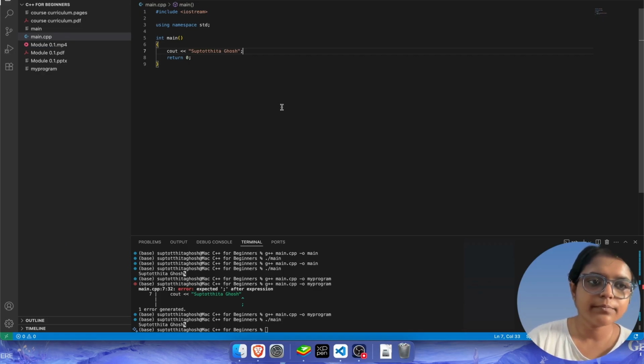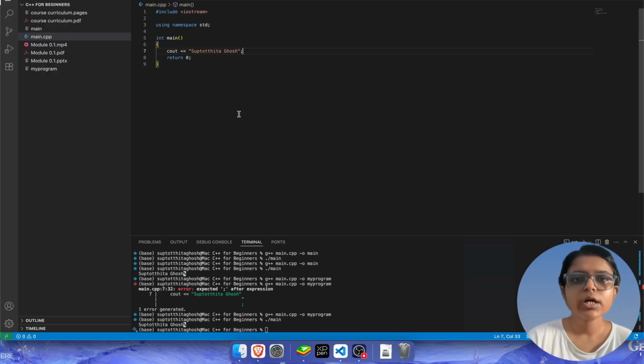Without the compiler, the text here would just be in red color and there would be some red underline, and the error would not be very clear. But thanks to the compiler, it tells you that the error is right here and this is what you need to correct. So you correct the error and run it again, and then your program is running as it should. This was our very first program and I don't think I've missed out on anything.